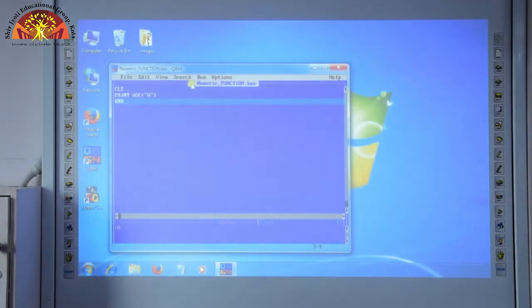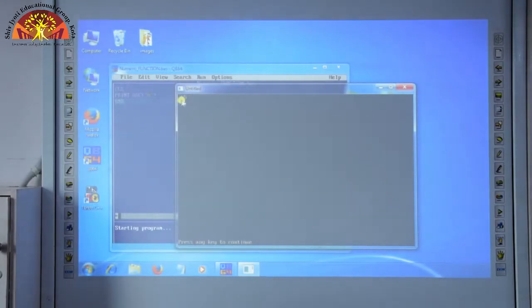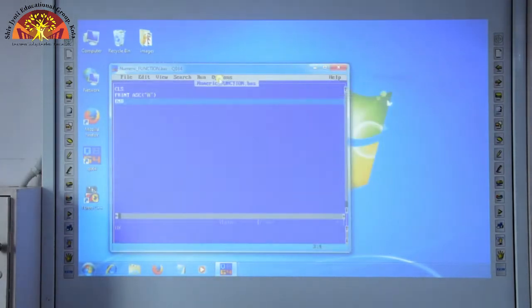Now we will save this program and execute this program. And here on the output screen you can see the output of this program is 65, because 65 is the ASCII value of character A. Now we will close this output screen and erase this program.